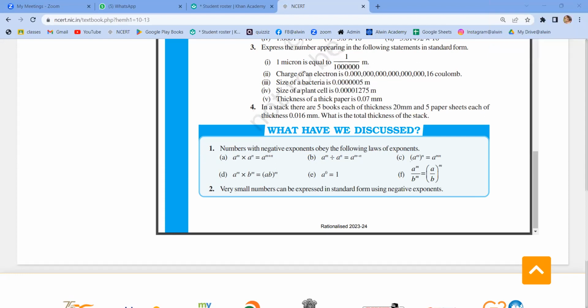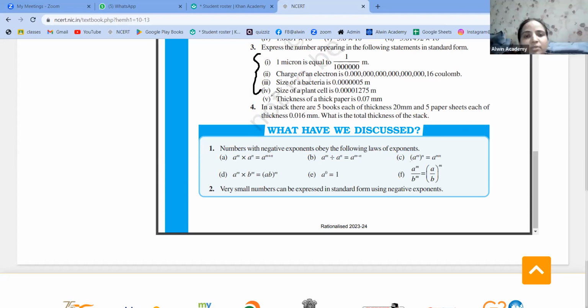Yes, ma'am. So you try question number 3 by yourself. This question number 4 we are discussing about. Question number 3 is your homework. Now, question number 4: in a stack there are 5 books, each of thickness 20 millimeter,